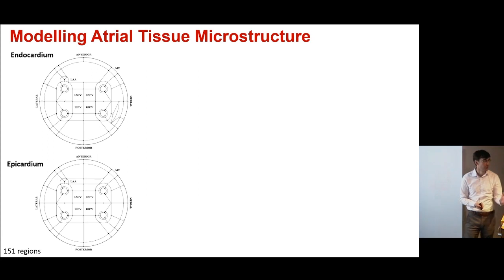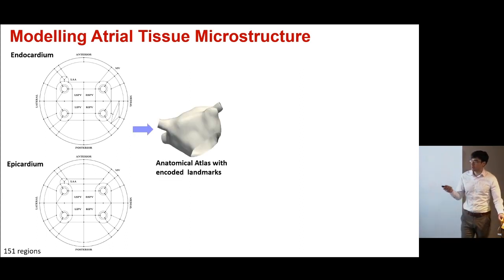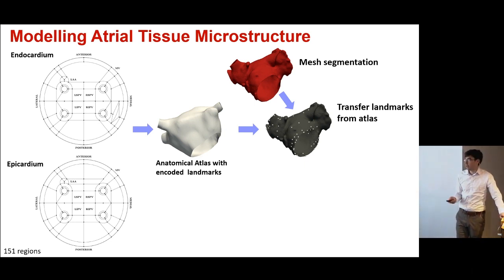So we could go across the river and have a chat to her, and she dictated to us what she thought from her experience with histology were the mean fiber fields that we needed to include. So we made 151 different regions, and manually putting those onto each atria was going to be a pain. So we labeled all of those on an atlas, and then we can register our new patient atria with an atlas. We can then do a projection of those landmark points from our atlas onto the patient's atria, and then